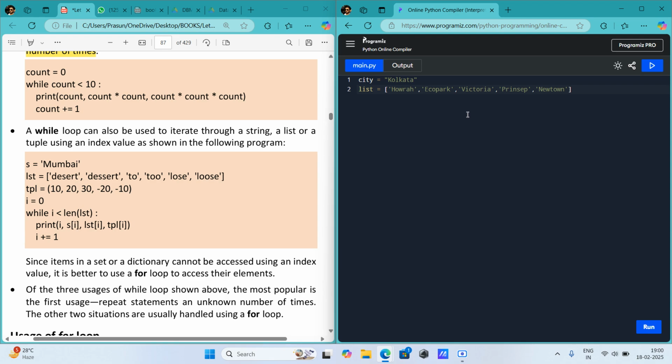Okay, Newtown, and tuple. In the tuple, I will mention